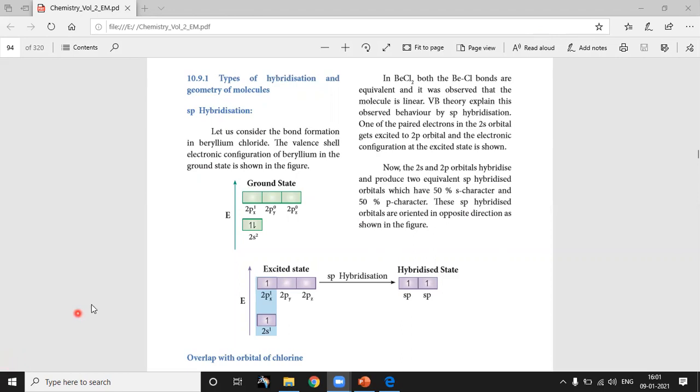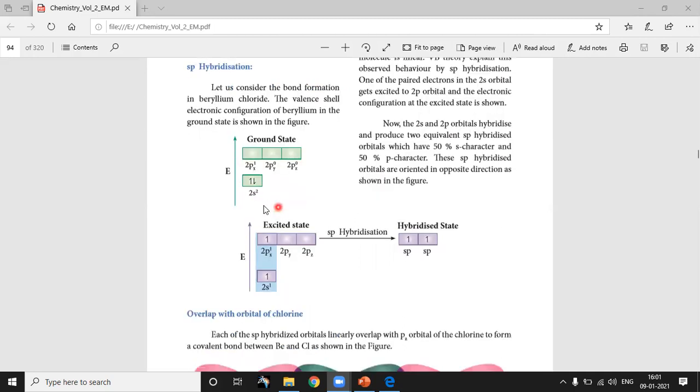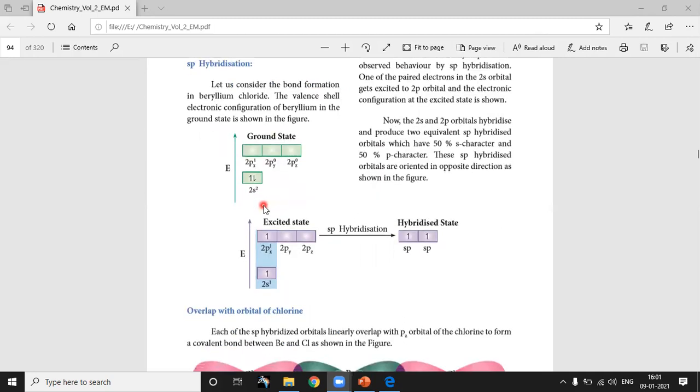See, the first comes sp hybridization. Under sp hybridization, we'll take the example of beryllium chloride that is given in your book. Okay, so whenever a molecule is given, what should we do immediately? We should write its electronic configuration. Okay, so if we take beryllium, it has the electronic configuration of 1s2 and then 2s2. Okay, similarly beryllium